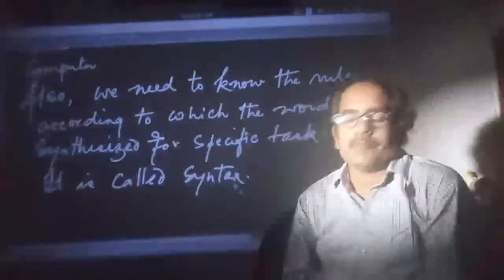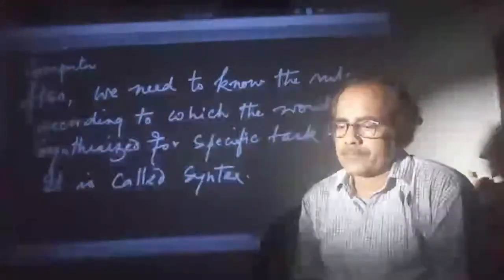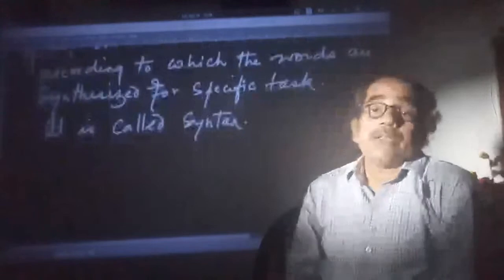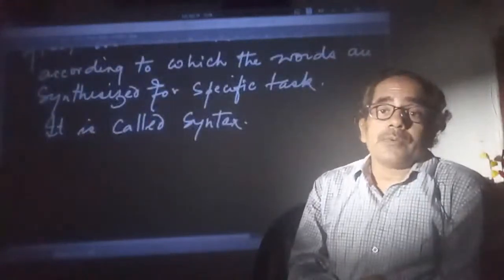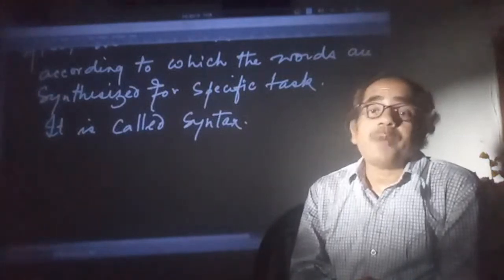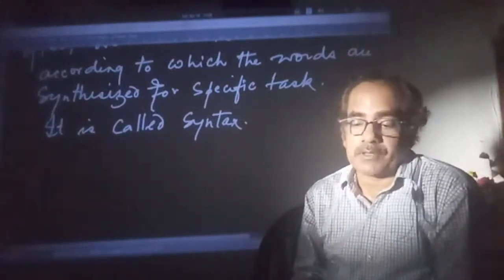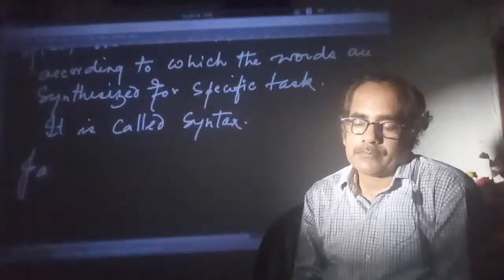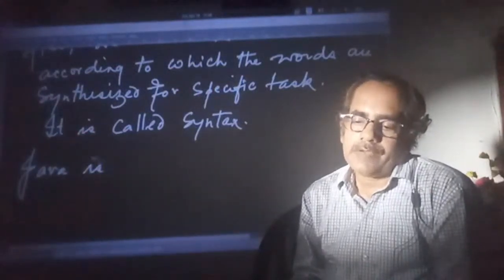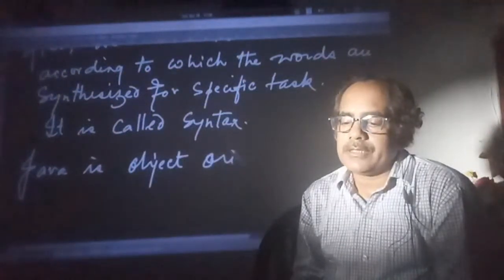Now about Java, there is one more thing, some specific things about Java. Java language is an object-oriented programming language. This is specific to Java. Java is object-oriented